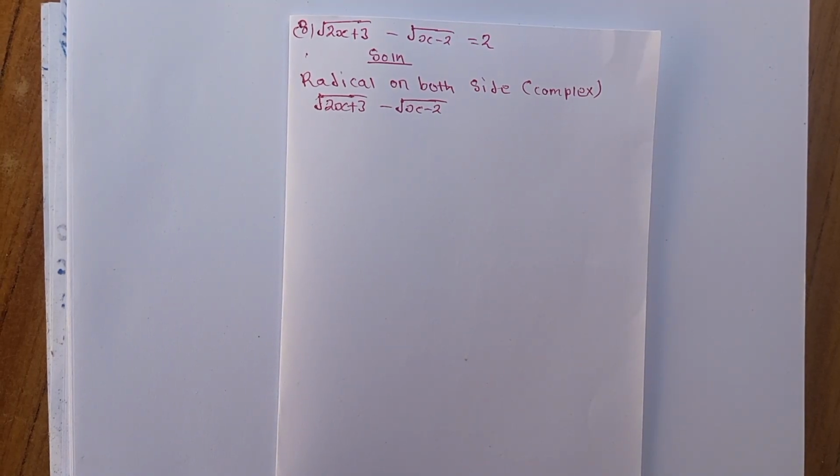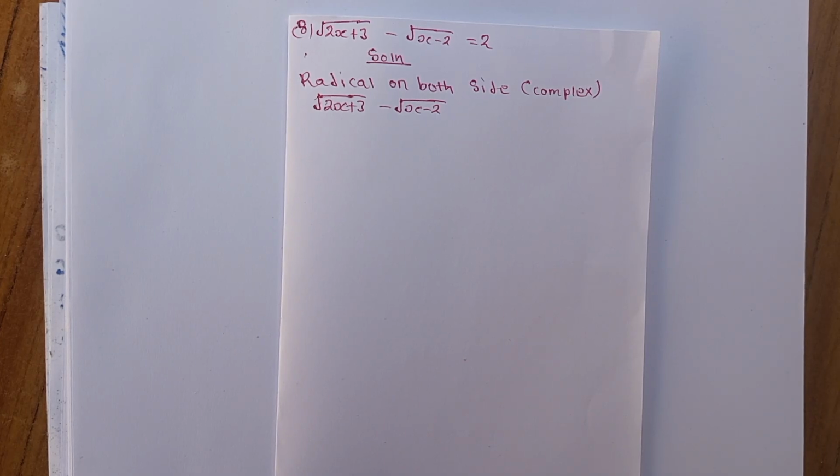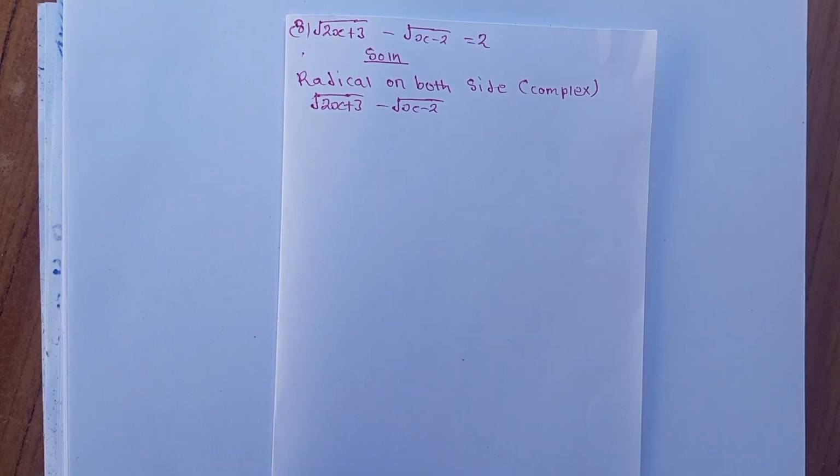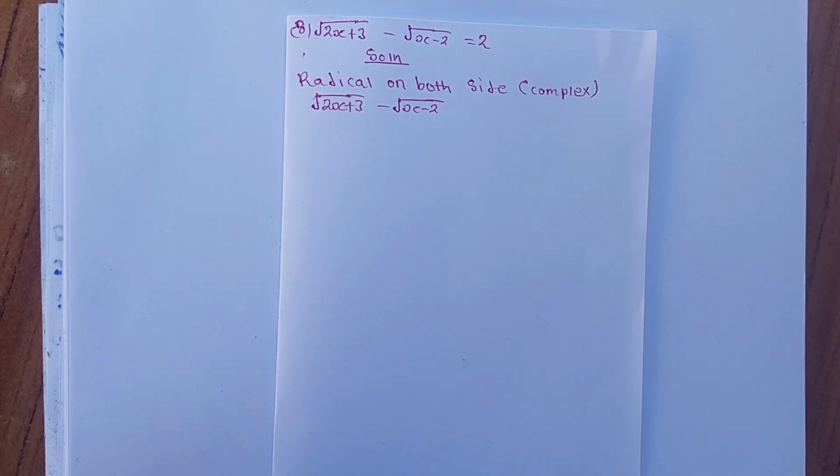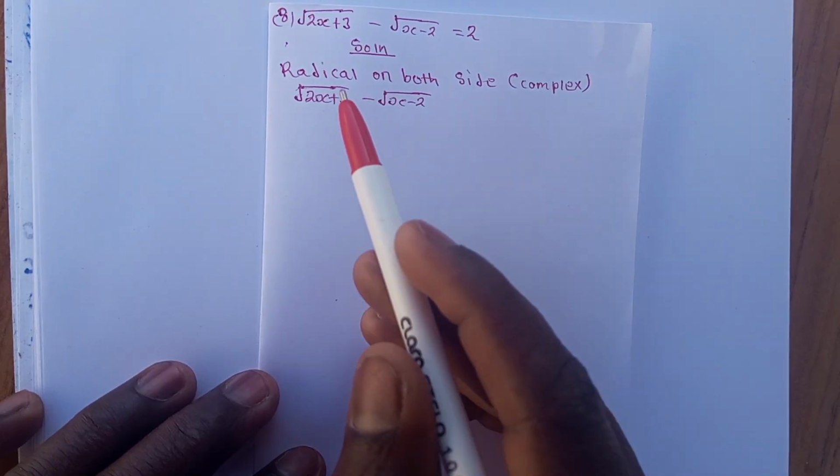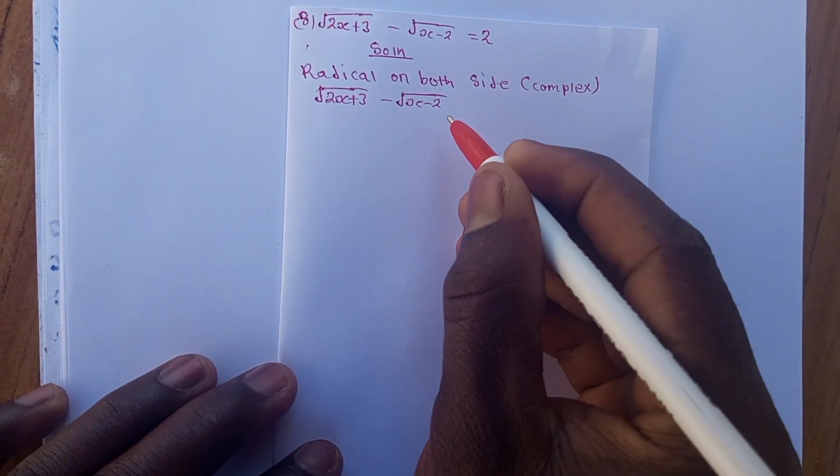Now I'm going to show you how to solve this radical equation. This is called a surd radical equation. In this equation, both are what? Radical. We have two radicals. This is a radical, this is a radical. So